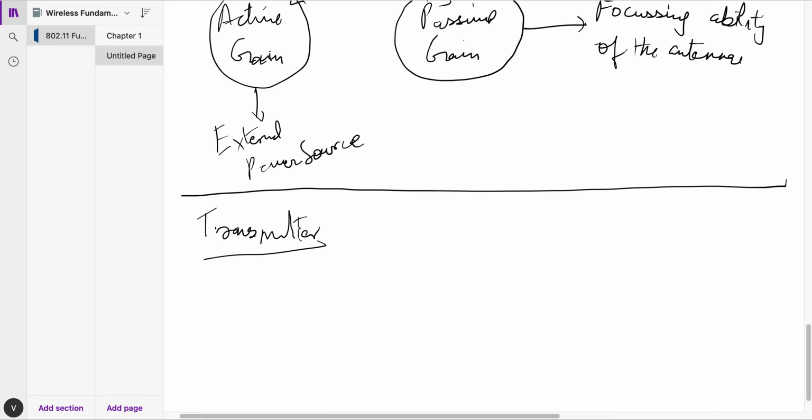What is a transmitter? When a computer hands the data off to the transmitter, it is the transmitter's job to begin the RF communication. So the transmitter is responsible for beginning the RF communication. When data comes from the back end, it comes as an AC signal, alternating current signal. It needs to be converted to zeros and ones, right? Correct. We'll move forward and talk more about that though.